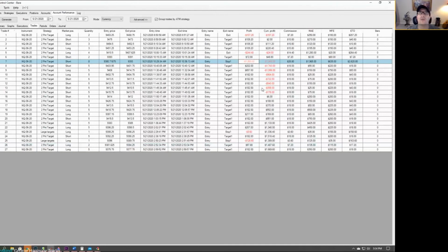But the key for me was continue to trade. I have an edge, continue to trade, be confident, continue to trade. And that ended up being $1,669.60. And that was it for me for the day. Felt pretty good about it, because you know that you have a good approach and a good mindset and a good system once you actually get stopped out and continue to trade as if nothing happens,